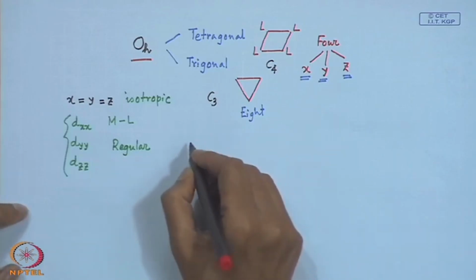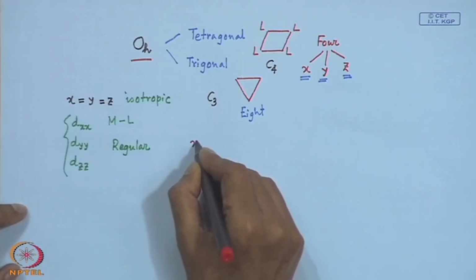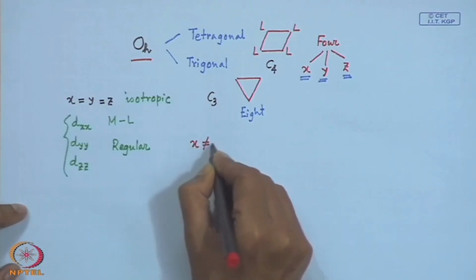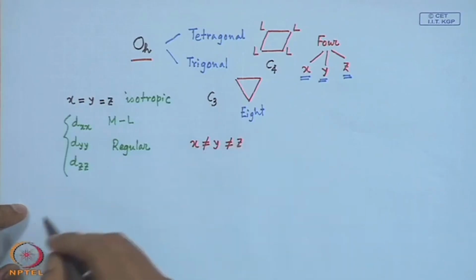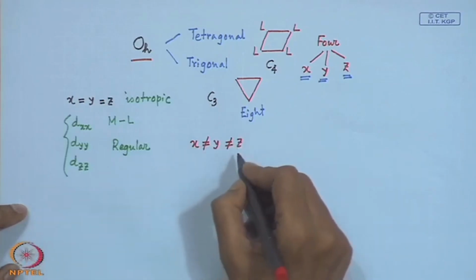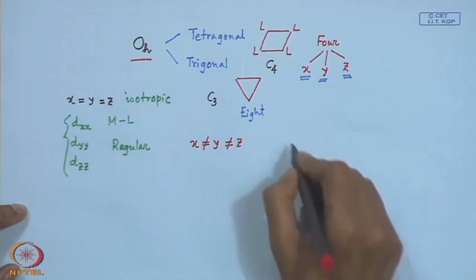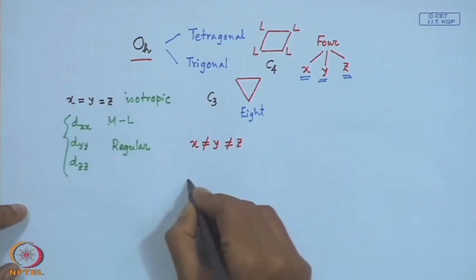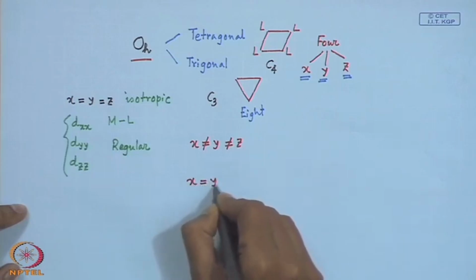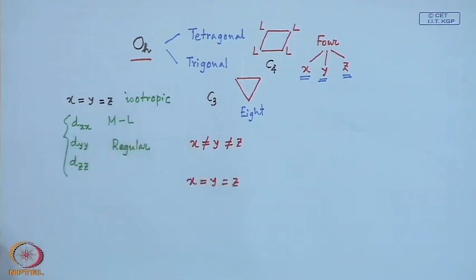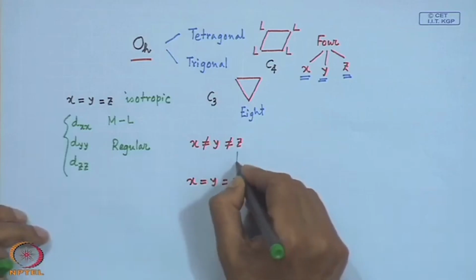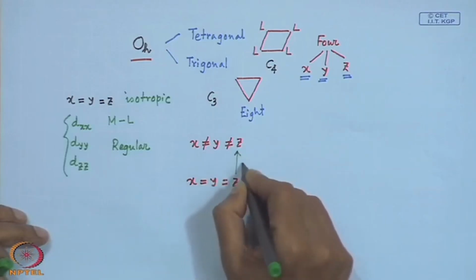So we can have that x is not equal to y, not equal to z. That means when we have the situation that x is equal to y is equal to z, we do not have any other distortion. So in one axis we have, say along z axis we have